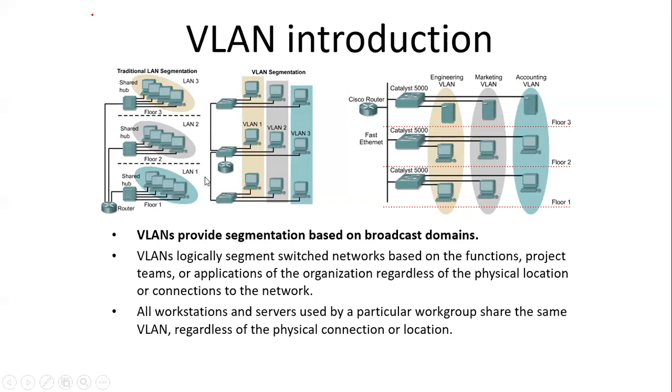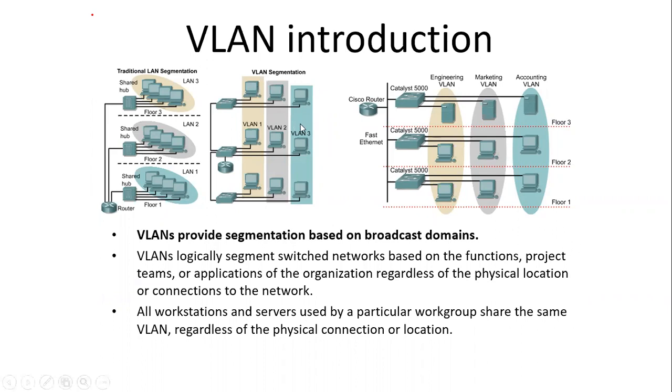Now we can create a virtual LAN, say one PC from floor 3, then one from floor 2, then one from floor 1. You can group this as VLAN 1. Similarly, another group you can create as VLAN 2 and another group as VLAN 3. Now this is a logical connection. There is no need to move a PC or add new physical links. You can logically do this using the virtual LAN concept.